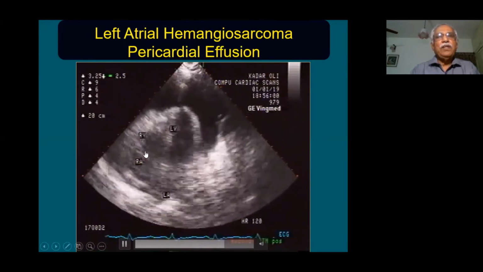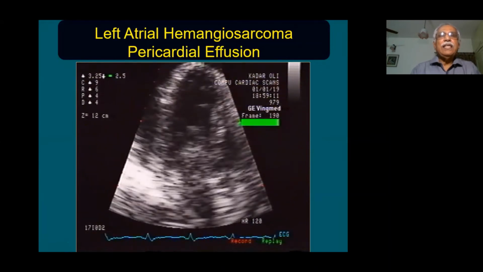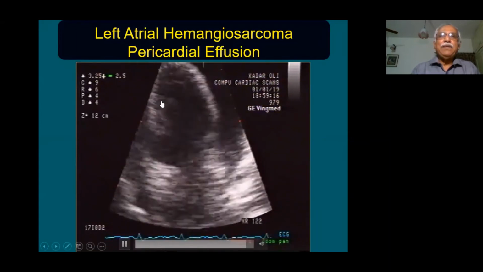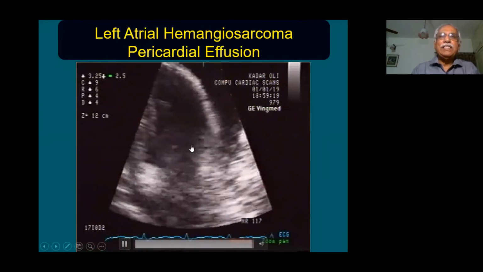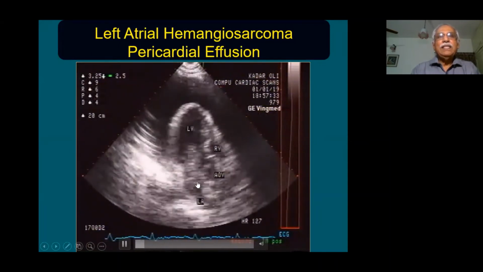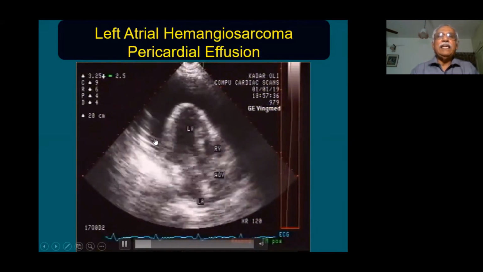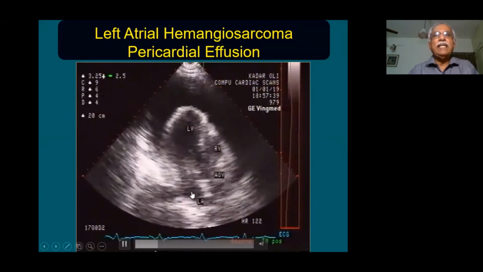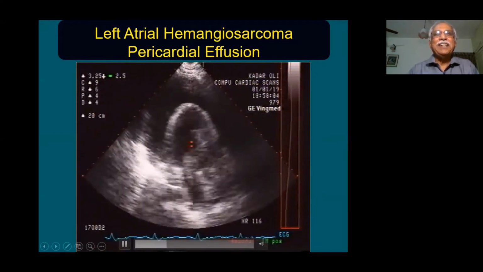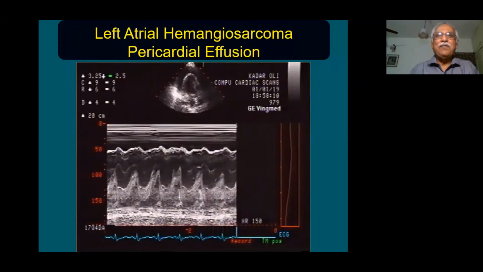So we actually missed one of the large masses, a right atrial angiosarcoma. This was referred from one of our professors from the Madras Medical College. We diagnosed a large pericardial effusion. Because of the pericardial effusion, the patient was rather sick. We missed the right atrial mass. They did a pericardiocentesis, then a CT angio, which picked up the right atrial mass, and they presented it in one of the conferences. That case I cannot forget, because it was a case which we failed to diagnose.